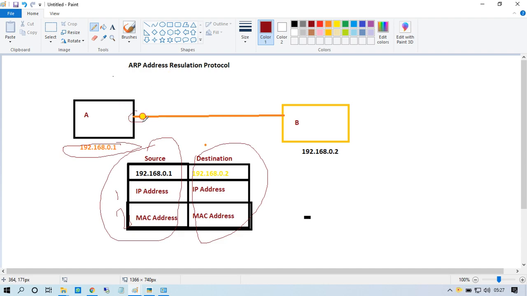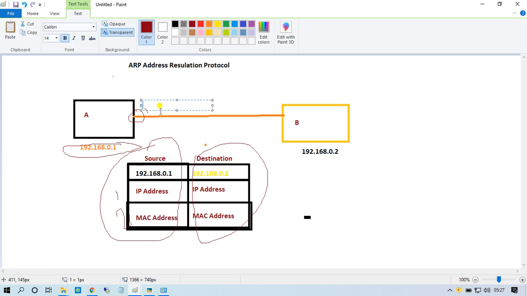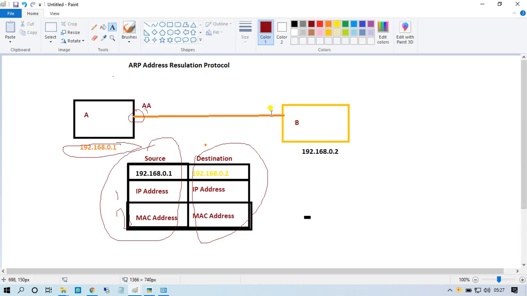Suppose the MAC address here is AA. Now it will fill its packet. Which system does A want to communicate with? A wants to communicate with B.